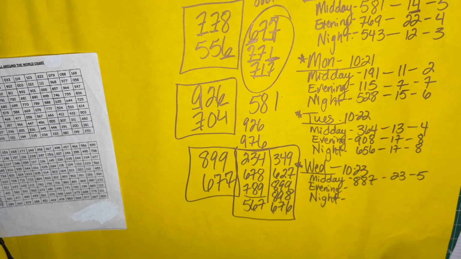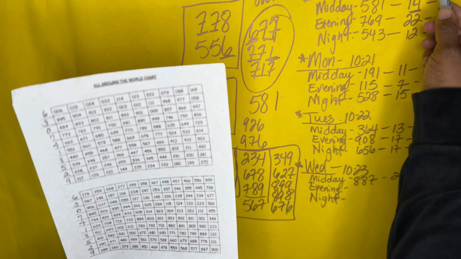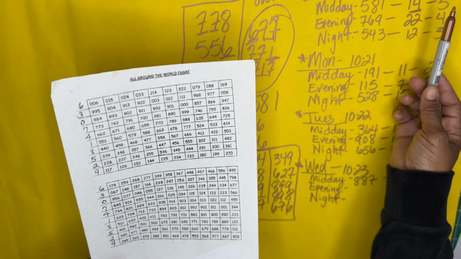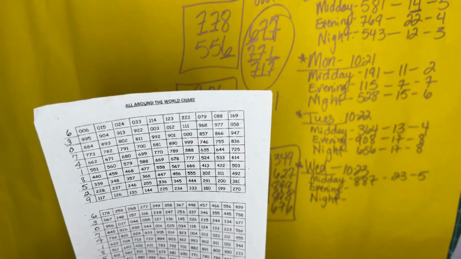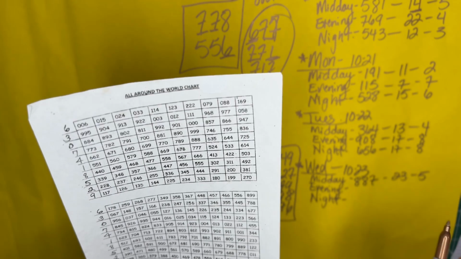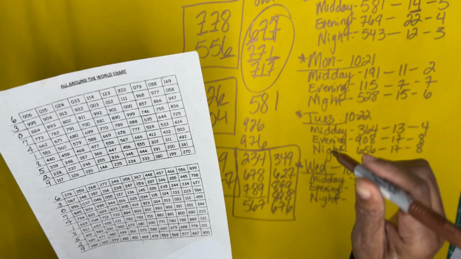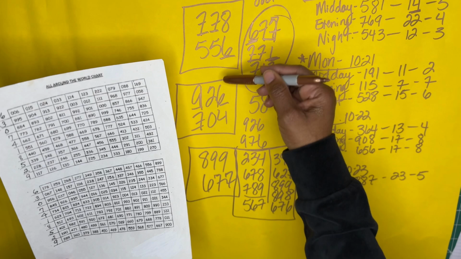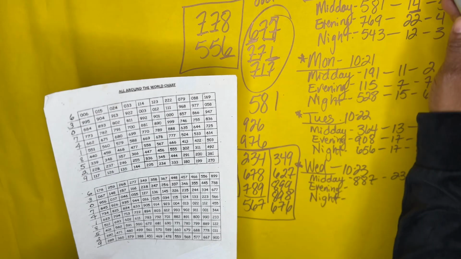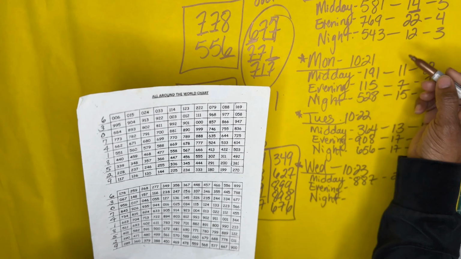But focus on those numbers and see if you can hit. But that's how you use this chart. You can either do sum. The last sum, I like doing the last sum. Most of all, it'll give you a 2-digit. You can play front pair, back pair, but it would most definitely give you 2 digits to play out of those numbers. So I would focus on the sum amount, the last number of the sum amount,